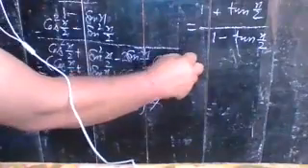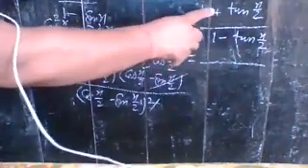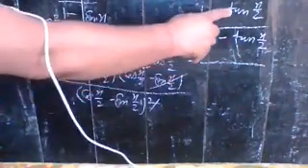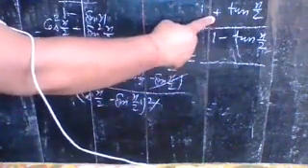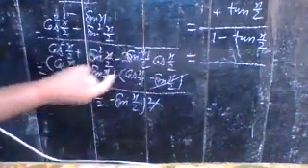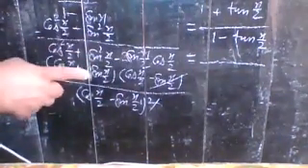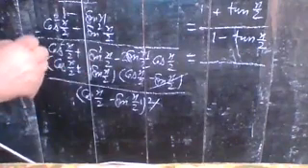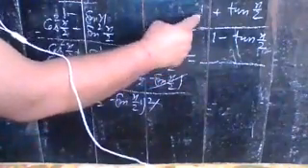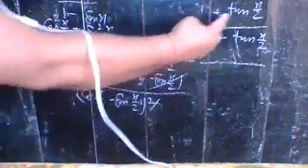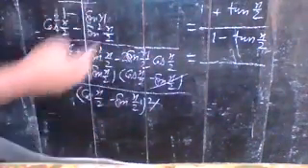Now how you arrange? Either you learn this identity. If you have 1 here, 1 plus tan x by 2 and 1 minus tan x by 2, if the plus sign is in the numerator, you can write it as tan of (pi by 4 plus x by 2). And if the minus sign is in the numerator, you can write tan of (pi by 4 minus x by 2). Understand? Okay.